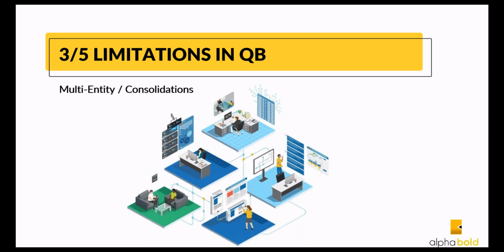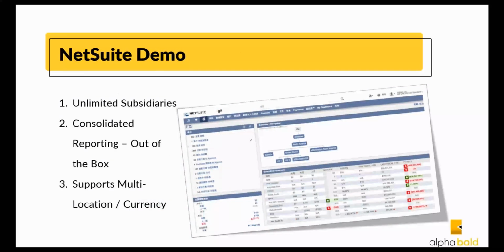If your business requires intercompany transactions and consolidation of financials, you're at the point where you can't do that in QuickBooks. Multi-company needs simply cannot be met with QuickBooks out of the box. Ilya, can you talk about how this is handled in NetSuite? Absolutely, Judd. So in the next demo, I will show you some reports, and what you see on this slide